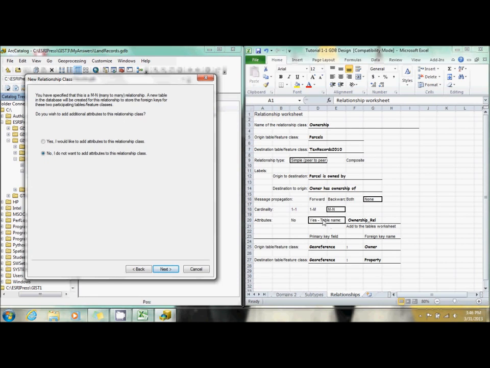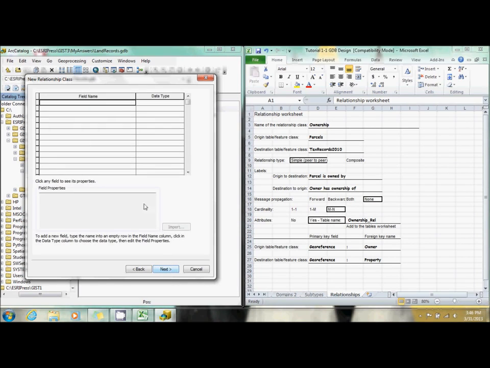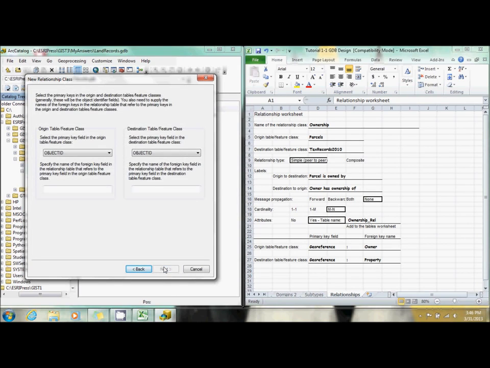And here, for attributes, we want yes. And this is where we add the fields that we want. And the fields that they want us to name this is %own. And it's going to be a float. And we're going to allow null. So once that's done, you just click yes. And